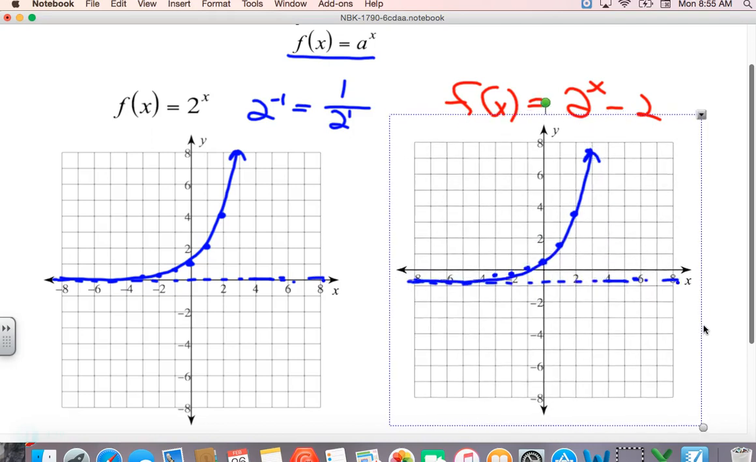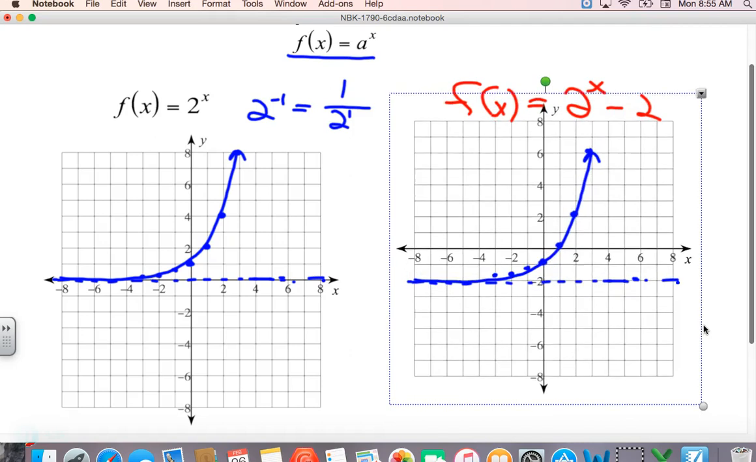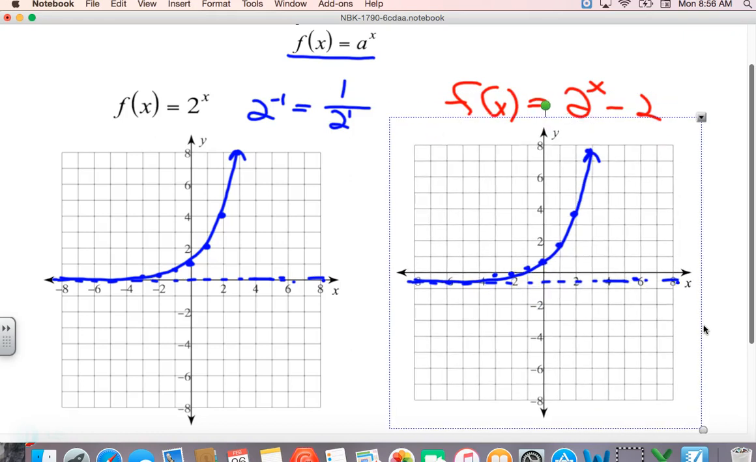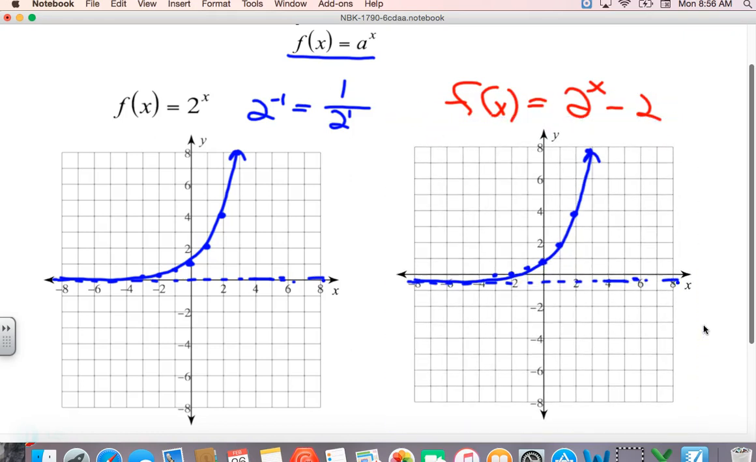You're going to shift everything down once, twice, right? So your asymptote would now be down at negative 2. All the points shift down 2 also. All right. Of course, if you add or subtract a number on the inside, which in this situation, the inside